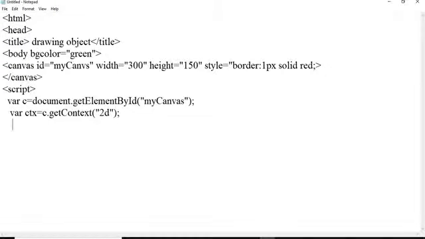Then we can have the ctx method beginPath. As we know, we are required to give the radius in an xy plane, so we are giving begin path. So this is one way to use an xy plane for any object.